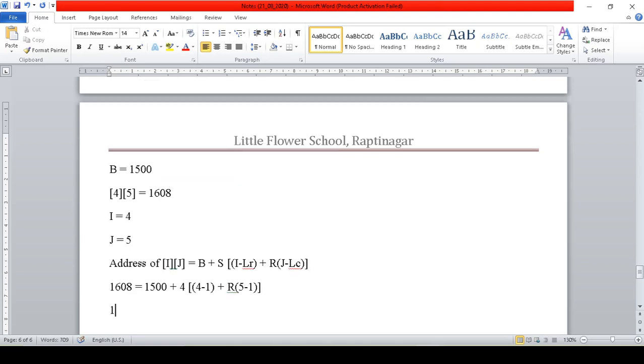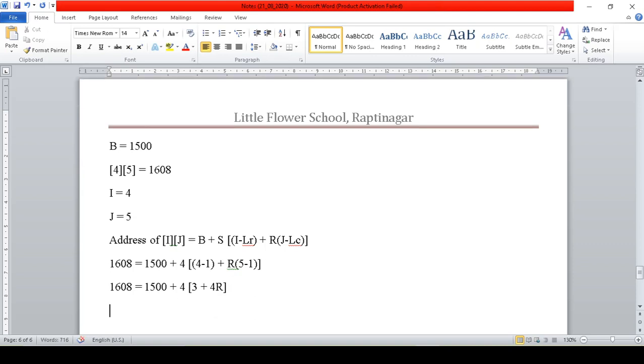Okay, if we work on it, it will be 1608 is equal to 1500 plus 4 within bracket, 4 minus 1 is 3 plus 5 minus 1 is 4, so that will be 4r.